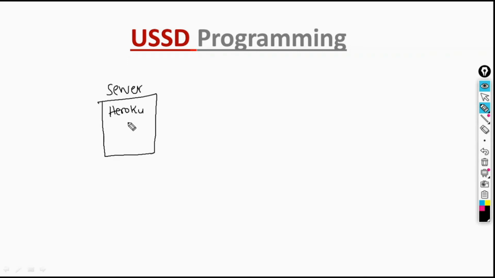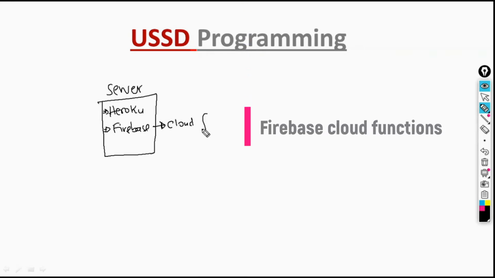It could be like the way we had Heroku, but in this case we'll have a server called Firebase. Firebase is similar to Heroku, but it has more offerings than Heroku. So what we are interested in is something that is called Firebase Cloud Functions,